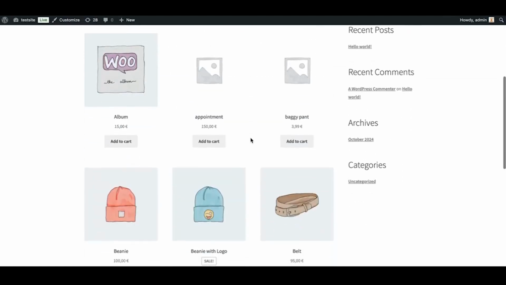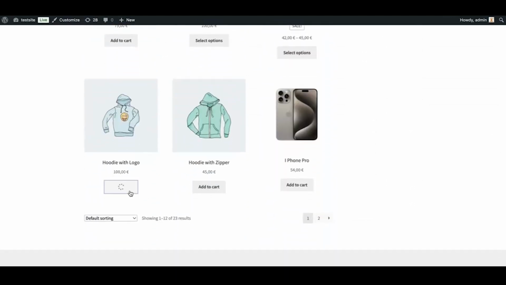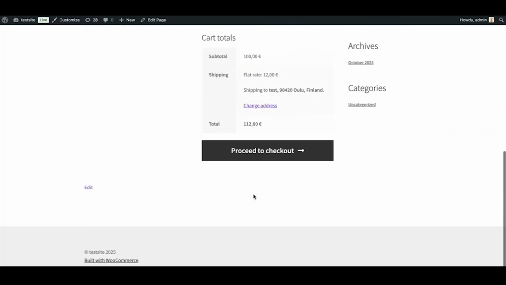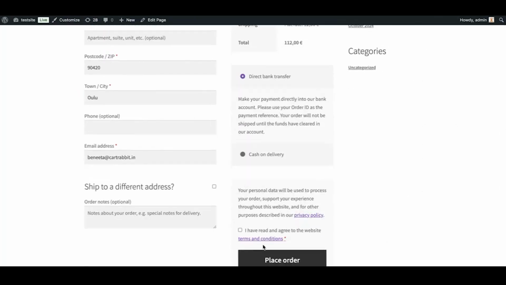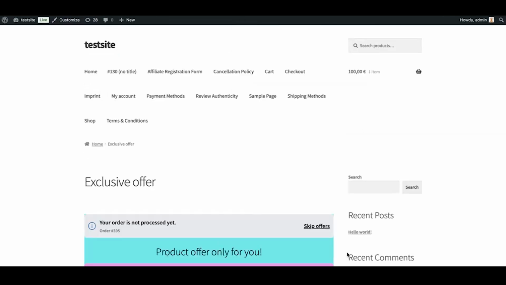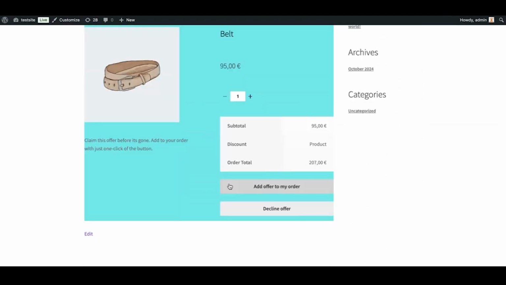So let me just take you to the shop page. And here we are at the shop page. Let's try purchasing an item of our choice. I'm just going to go with this hoodie with logo. Just one item in my cart, proceeding to the checkout and completing my order, placing the order by clicking on this place order button. And now you'll be able to see the first offer belt is presented to me after